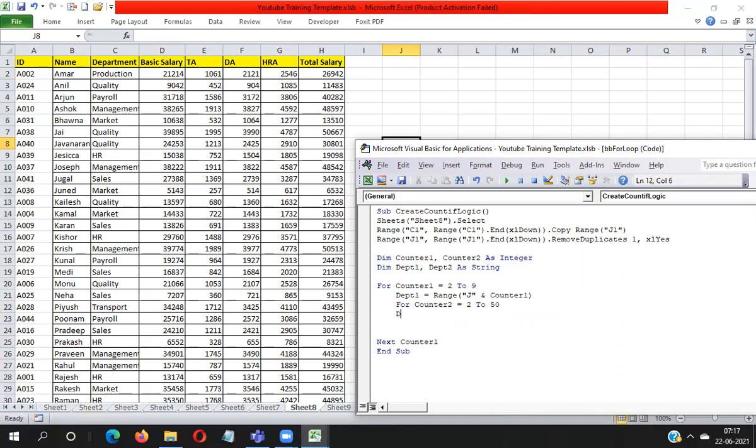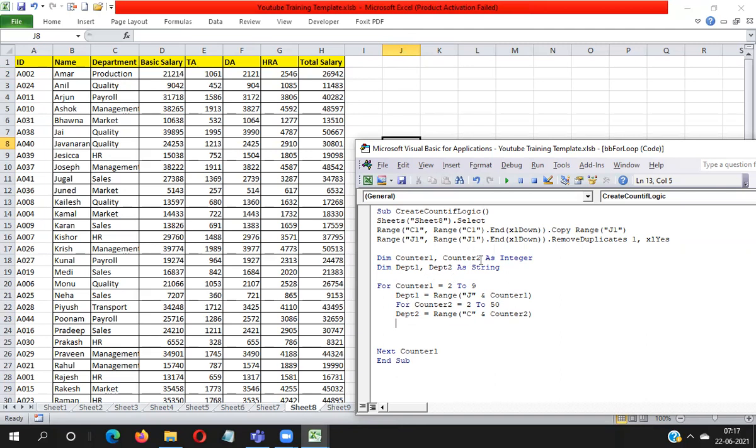Then I use depth2 to store data from the C column, so Range C concatenated with counter2. So the J column data is stored in depth1 and the C column data is stored in depth2. After that, I will apply logic to match the data from depth1 to depth2. It means you are matching J column data with the C column. Wherever it matches, it will increase the count.